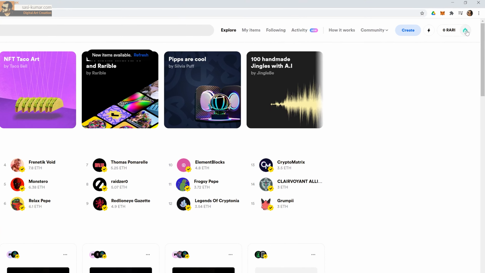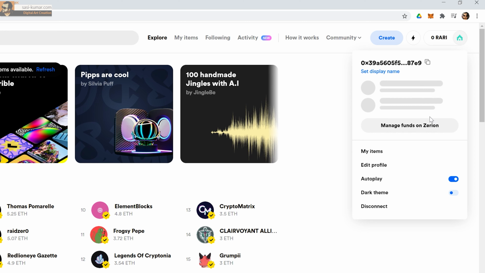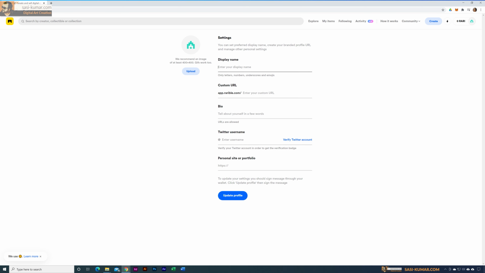So once you connect your wallet, you guys can see in here there is an address number, which is actually your Ethereum wallet address number. In our case, it's the MetaMask address number. You can change this by going into set up a display name, which will bring you to your profile settings page in here. So you can give a human readable username in here, any username you want, and you can see the basic settings for your app URL and the bio. You can also verify your Twitter and your personal website or portfolio link. All those things you can add in here for your profile.